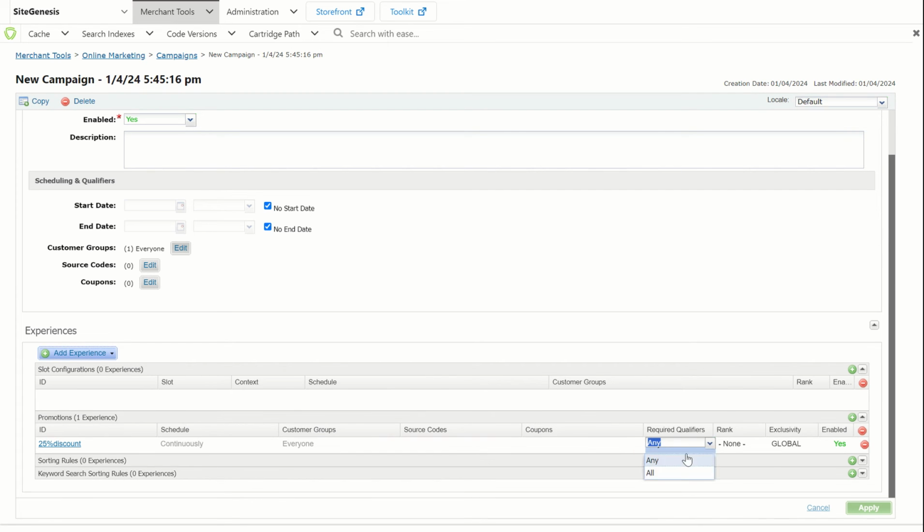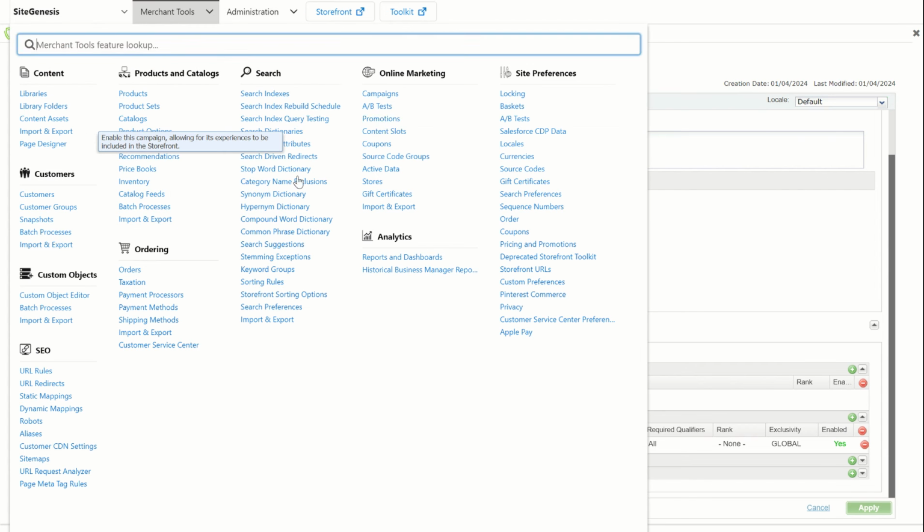And if you keep it as all, that means all three values that we have set up should be satisfied. So for now we have configured only the customer groups. Even if you keep it any or all, it should work fine. Now we can talk about the coupons. Just keep in mind that for now we have kept the required qualifiers as all. That means whatever we have set out of these three, all of them should satisfy the condition. So now when we go to the coupons,